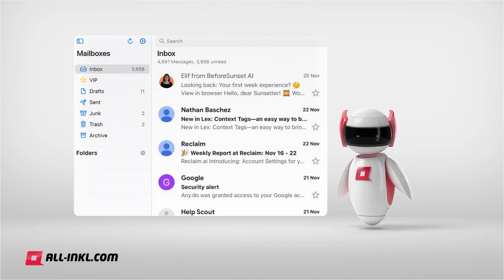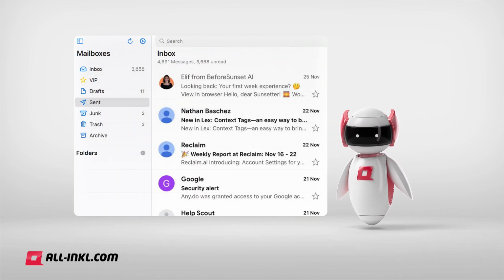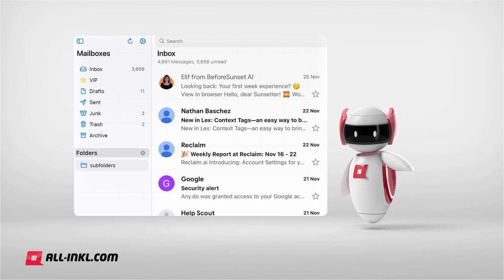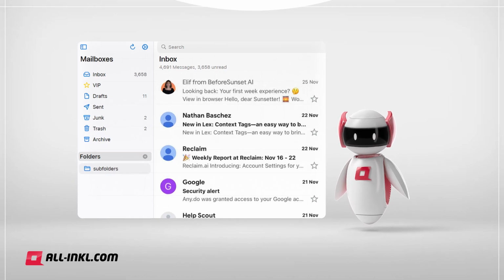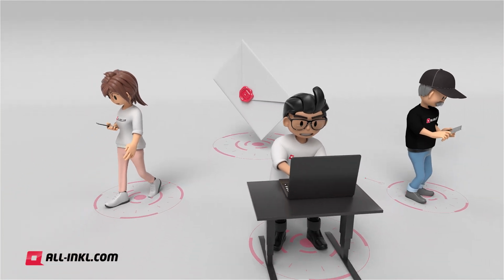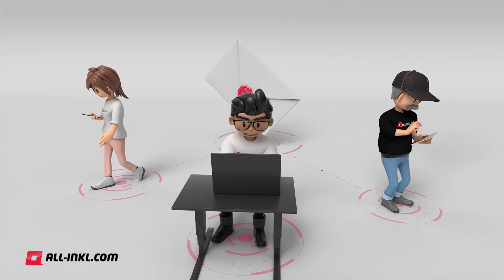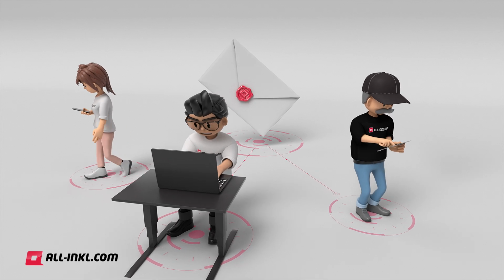We also provide standard folders on the server, such as sent items or drafts, and you can create your own custom subfolders, all of which are synchronized across devices. Multiple email clients can access the same account at the same time, making it perfect for teams or anyone who